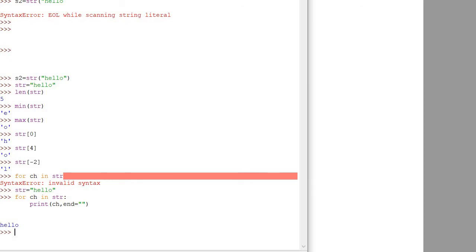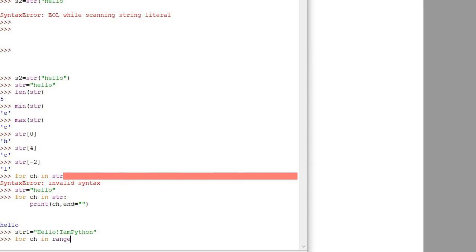If I write down like this, str1 is equals to hello, then exclamation sign I am Python. Fine. Now again here you can use for loop and ch will be your variable in range.